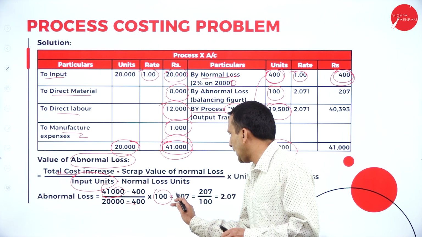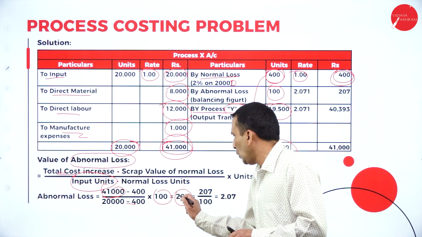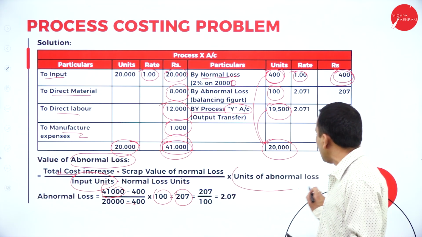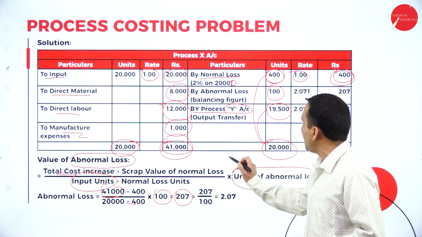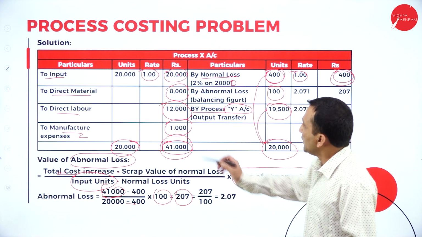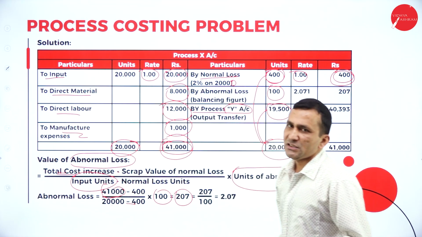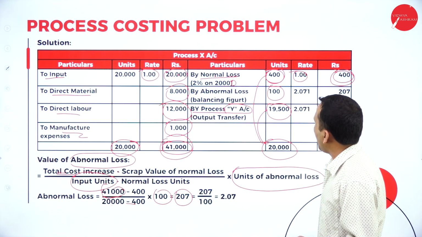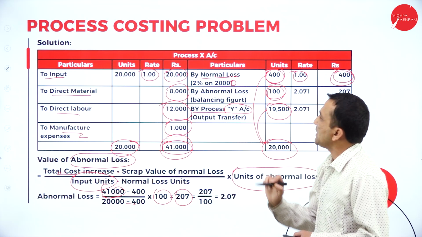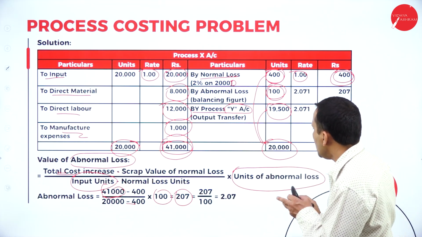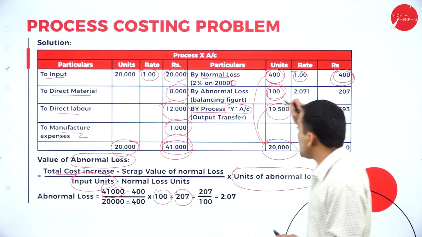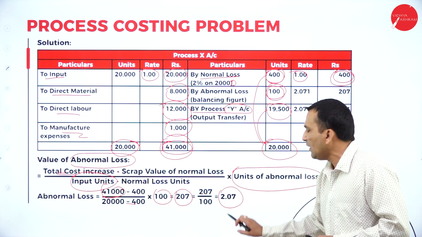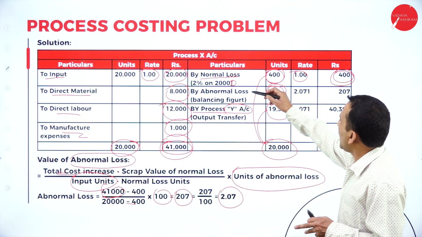So finally we are getting 207. The 207, if you divide it by 100 units, whatever abnormal loss you are getting. Again, 20,000 debit is more. From this, 400 minus 19,500, the difference is 100. We call it an abnormal loss unit. Okay. So to find the cost per unit, whatever you are getting here, 2.07, which is applicable for the normal loss